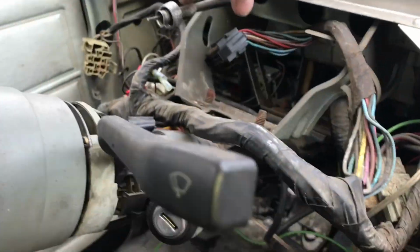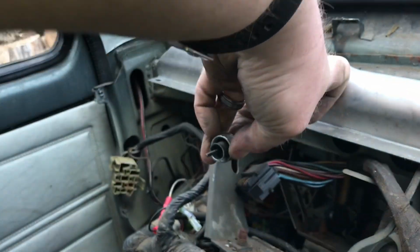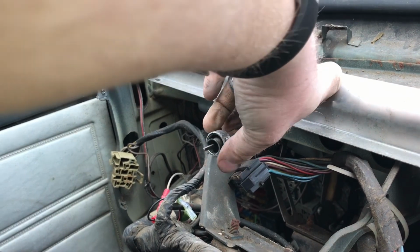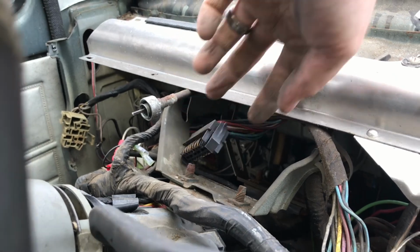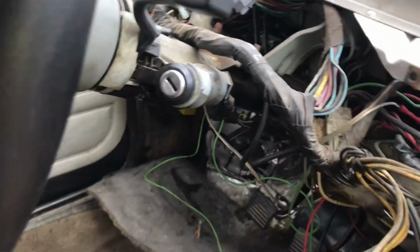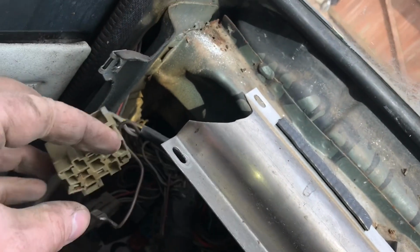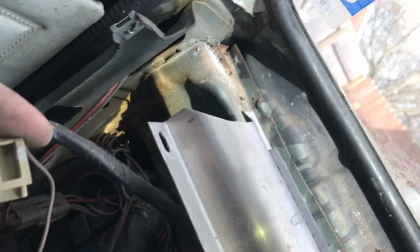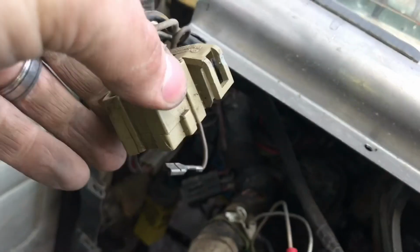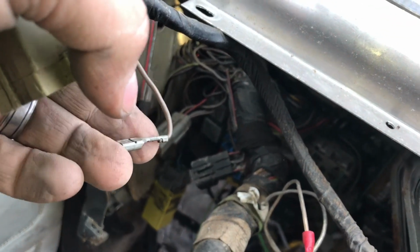all the gauges. This was for the speedo. You have to unscrew this. I got some pliers on it and unscrewed it. And then there's this that plugs into it. Speakers over here, and this goes to the lights. I think it plugs in kind of like this, and it was kind of hard to get to, but you've got to unplug that, and then this,